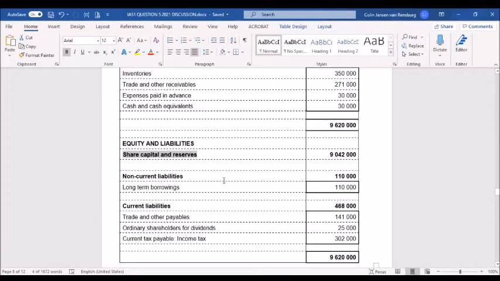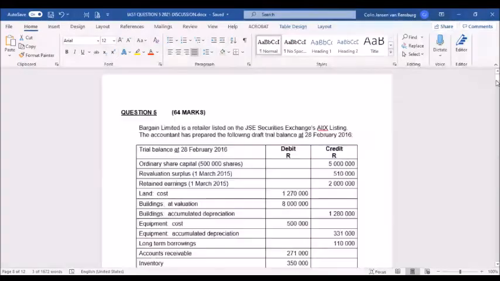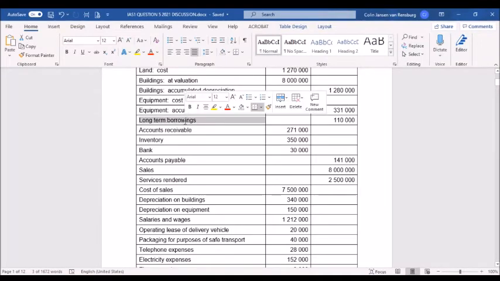Then again, in the order of liquidity, we start off with the least liquid one, which is our non-current liability. So now we've got to see, did we have any non-current liability? That would normally be something like a loan or borrowings or debentures or bonds that the company has in issue at the end of the year. So if we move back to our trial balance, amongst our liabilities, just below our non-current assets, we've got an account called long-term borrowings, and the amount is